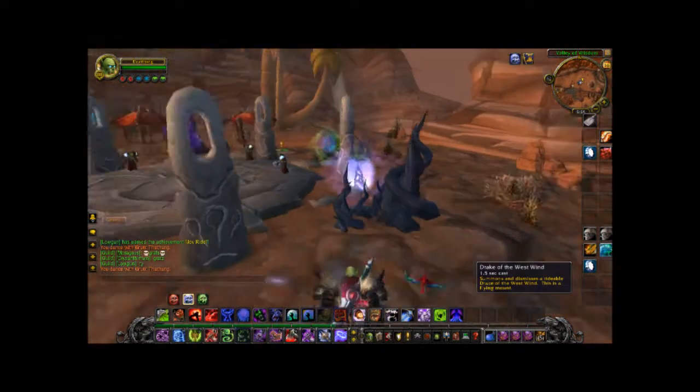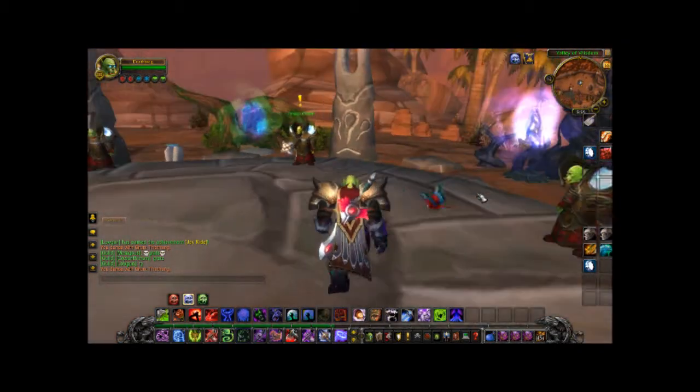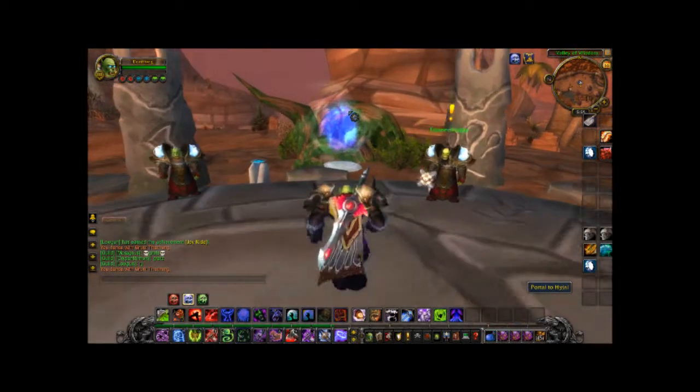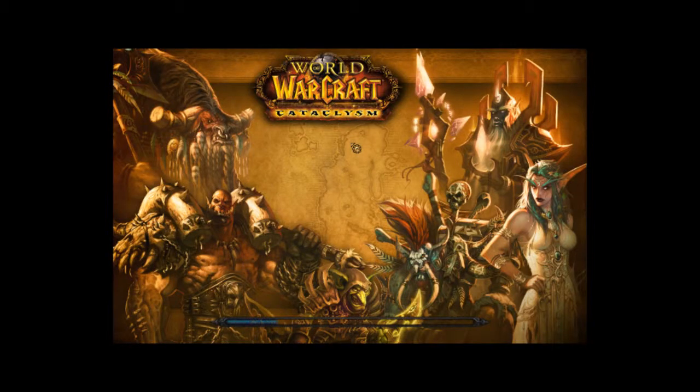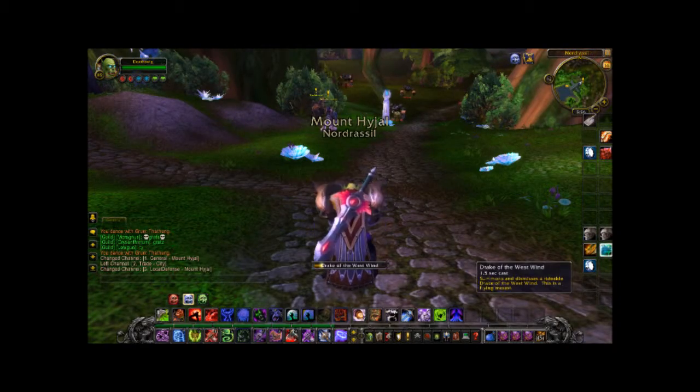What we're gonna do is just go in Orgrimmar in the Valley of Wisdom where I'm at right now. We're gonna go into Hyjal. Okay? And we are just going to go to some place called the Sulfuron Spire, and what we're gonna do there is,